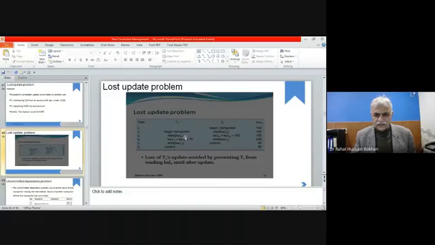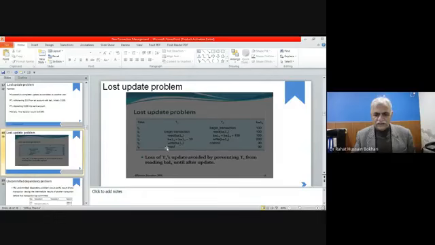So it also reads the balance, and at T2 it is saying the balance should be increased by 100. So it says write. When it is writing that, the balance should be 200 now. And what happened when this transaction T1 reads the data, at that moment the balance was 100. So it says 10 should be withdrawn from that. So then the balance here should be 90.